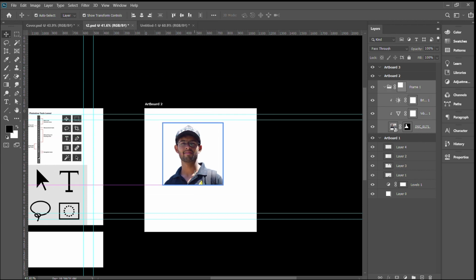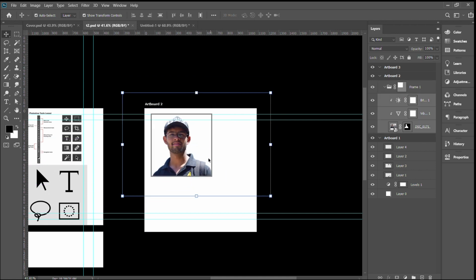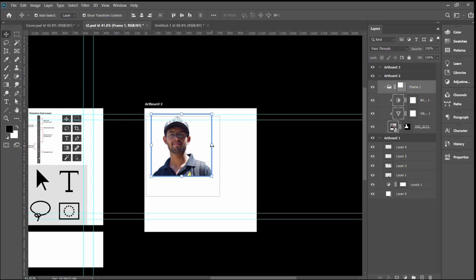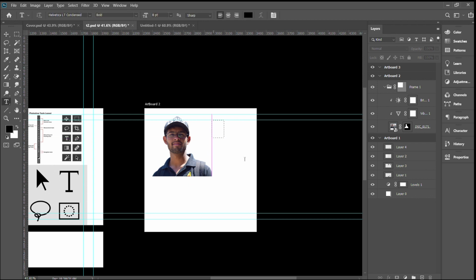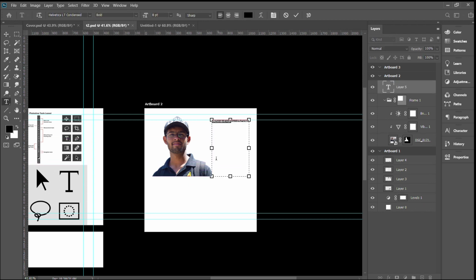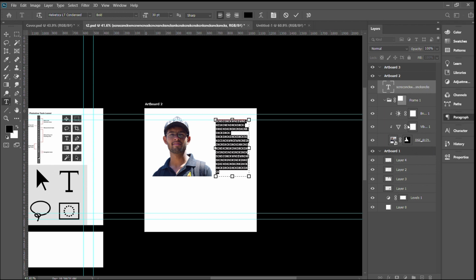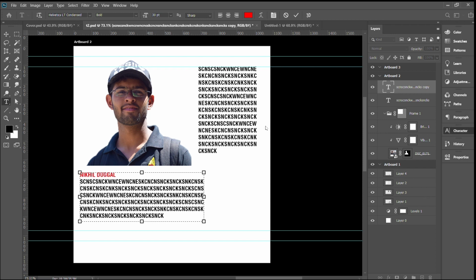Double click on the image to select both image and frame. You can move it accordingly. If you click at the edge, the frame gets selected. You can modify the frame size as well. Frames are good tools to organize data in a brochure or a book. You can add text boxes using type tool. In this way, you can organize the data in your book, pamphlet, brochure or the magazine. You can make frames from any shape. I'll discuss these advanced features of frame tool in a separate video.